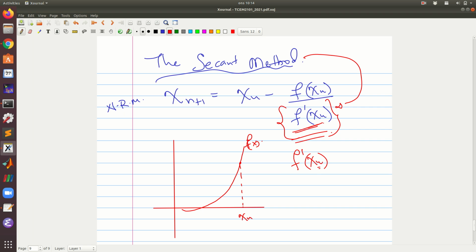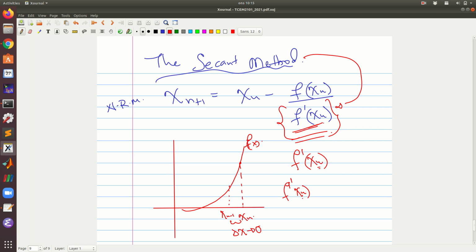Let us assume this is our point xn. We can pick another point here, xn minus 1, and assume that these 2 points are so close that the distance between them, delta x, is really small,